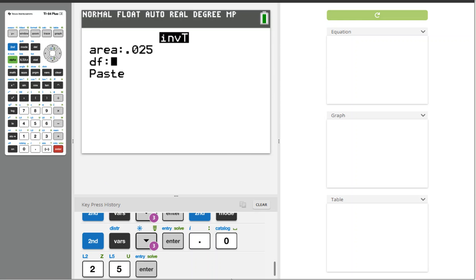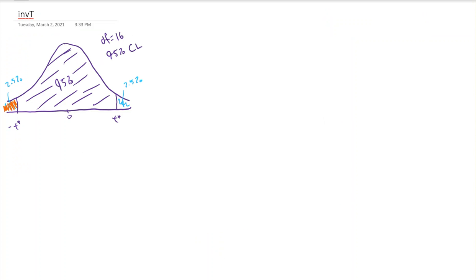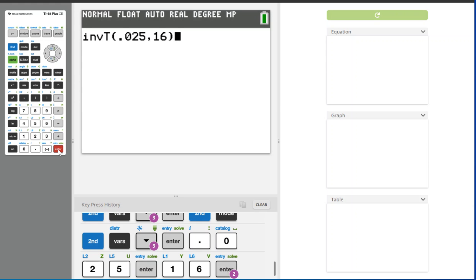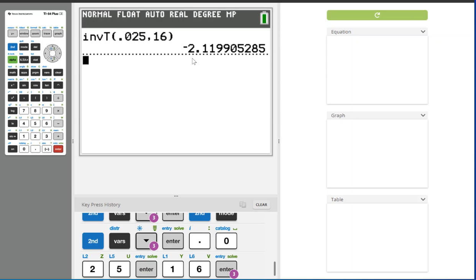And in this problem, I said my degrees of freedom that I wanted was 16. So I'll enter 16 for my degrees of freedom. And then I'll hit enter and it'll paste it back to the main screen. So I have my area, then my degrees of freedom. I can hit enter. And it gives me back a critical value of